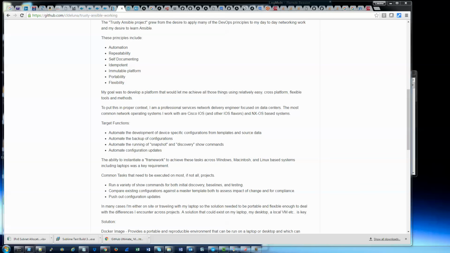So I'm calling this the Trusty Ansible project, mostly because it's based on an Ubuntu Trusty Docker container and Ansible as a framework for automating some of the more common network tasks that we wind up doing on a day-to-day basis. In fact,